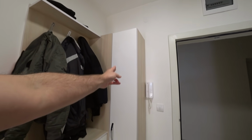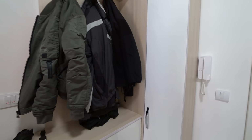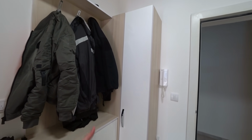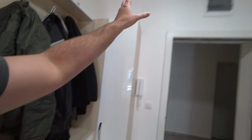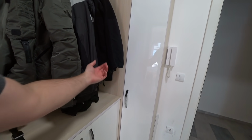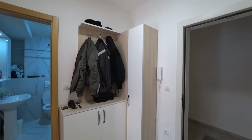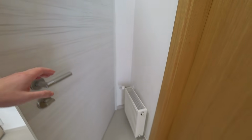And then there's cleaning supplies in here. There's room for a mop. It goes back there. So it's actually quite large, but the door is kind of awkward because of the space here, and they have to use the interphone. There's not enough space for 2 doors, so you kind of have to reach back in there. But other than that, it's great. Behind there's a radiator,